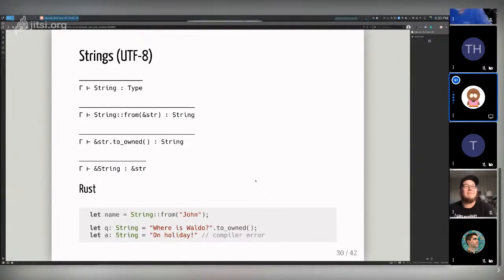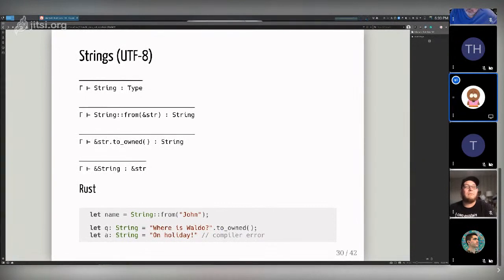Cool. So a few examples here. I want to create a String from John, right? It reads like a sentence, right? And you also use to_owned immediately after a string literal, right? So this will compile. You don't have to do anything fancy to it there.